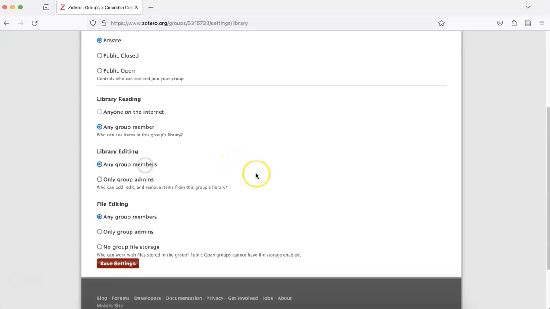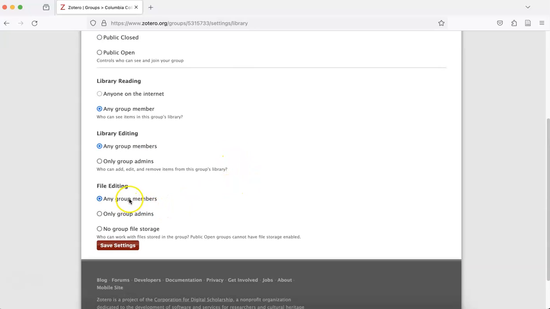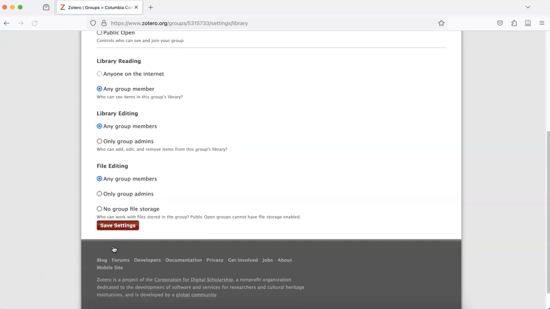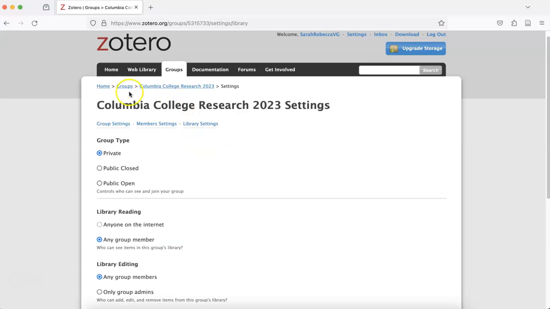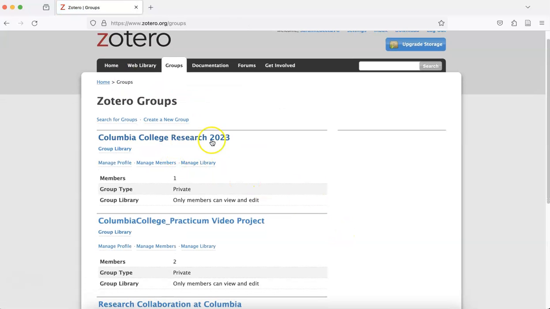So I'll say any group member, and then same thing with file editing. Save my settings,